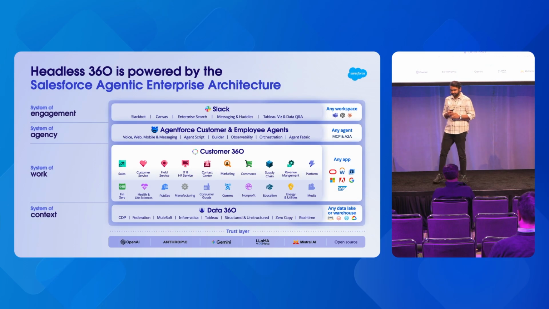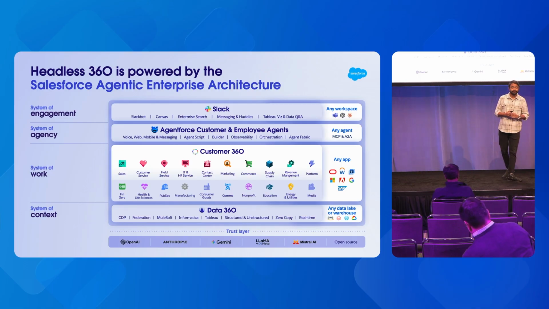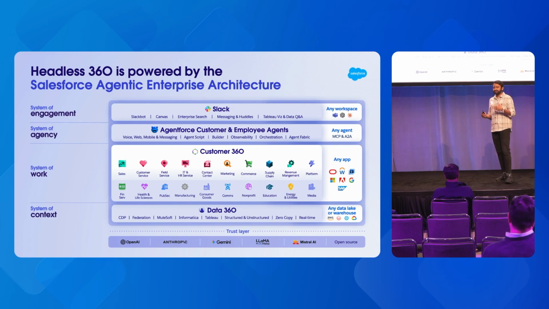So let's get started. All of you would have seen this slide in the keynote today. We have launched Salesforce Headless 360, essentially, which means anything headless. What it means is that you don't need to have a UI to access that. You can access a platform or a feature without a UI. And APIs is one of the oldest ways in which you could do that. These days, it is more about MCPs and stuff, but APIs has always been there, and it's going to continue